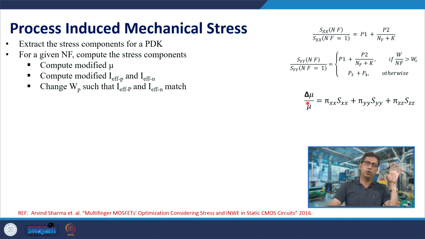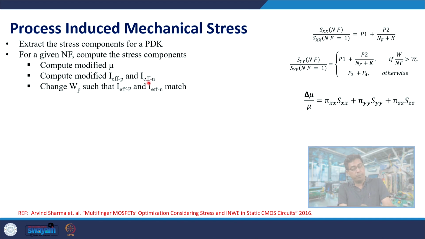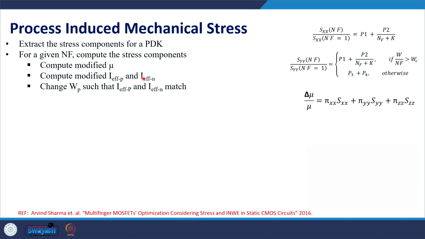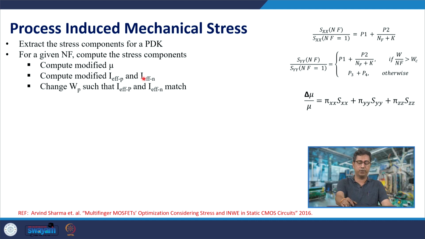Therefore, you get how the effective current changes with the number of fingers, and that would now change the effective current of the P and N device for a given number of fingers. So change the P device width or finger width of the P devices, so that the effective currents match, and thereby the gate is now optimized for process-induced mechanical stress also, gate layout, be it an inverter or a